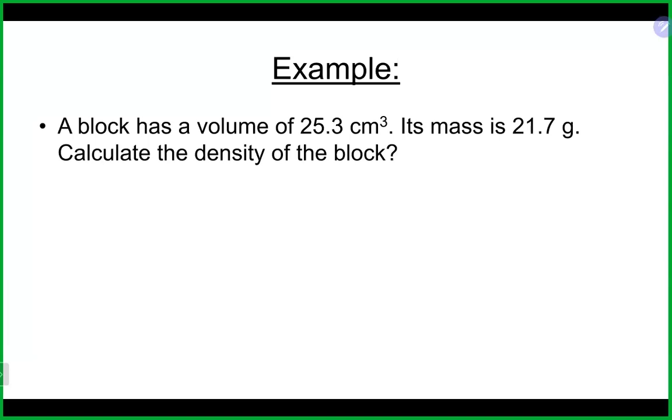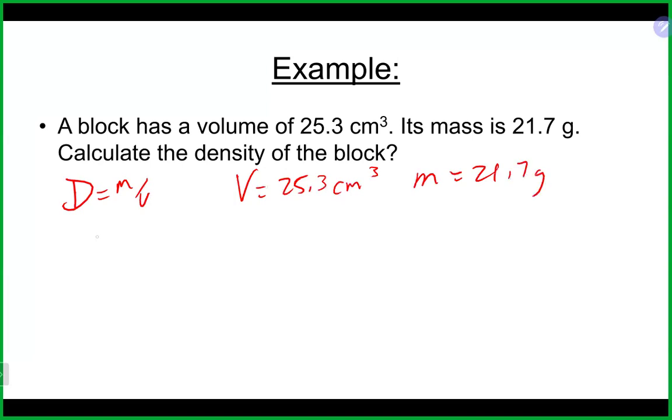Okay, so let's take a look at it here. Obviously, we're looking for the density, which is our mass divided by volume. Here we do have the volume given to us at 25.3 cubic centimeters. We do have the mass at 21.7. So putting that into our equation, since we have both of the things that we need, we will end up with